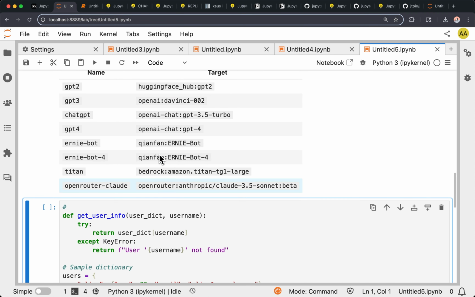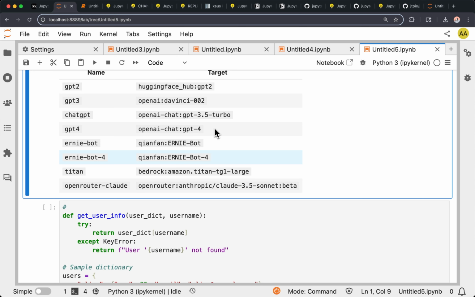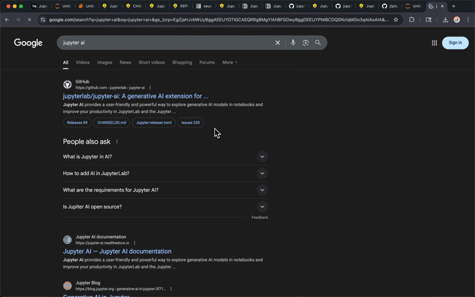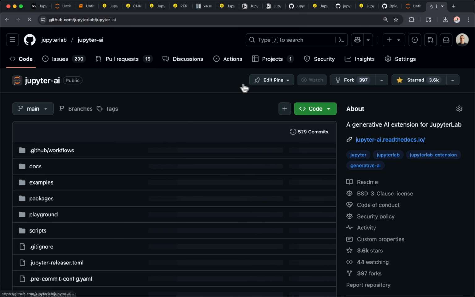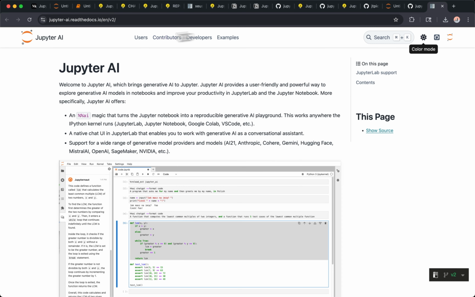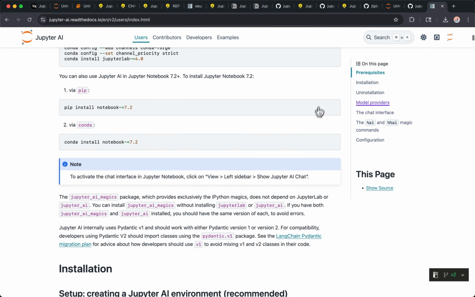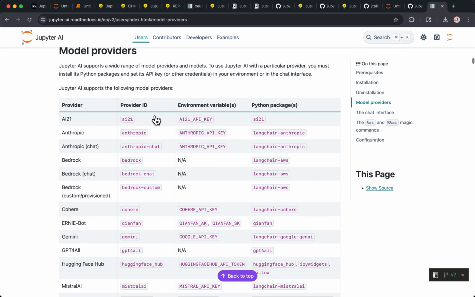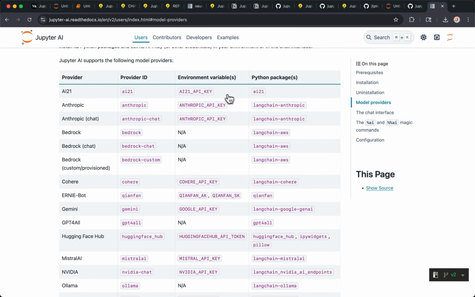It's the providers I can connect to, and if you want more providers, you will need to add more packages. Typically, the LangChain packages for the models you want to work with. Yeah, it should correspond to what I have in my environment. But I think the best source of truth would be this place here, model providers. And you see that there is a list here. And for each provider, they give you the package to install.